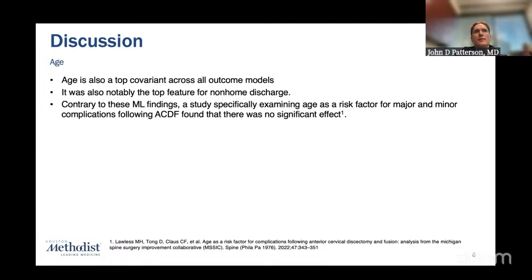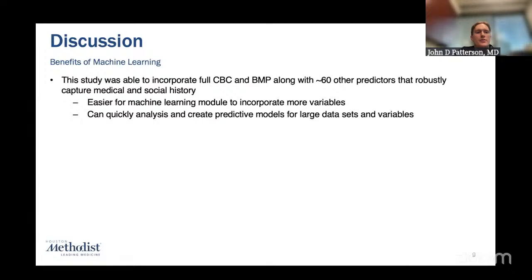And like I said, this includes over 1,000 patients. So the more patients these models can include, and the more seeds and everything, the more accurate and predictive they can get. The benefits of this machine learning, like I said, are that it can incorporate many different factors that would be too time consuming for a human to sit down and individually analyze through standard statistics. And it's actually even easier and better for the models to learn the more of these factors you have.